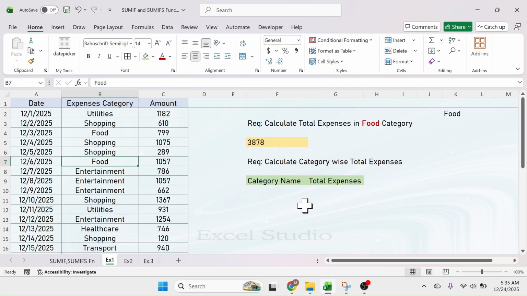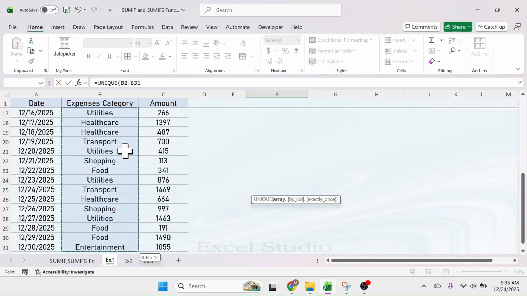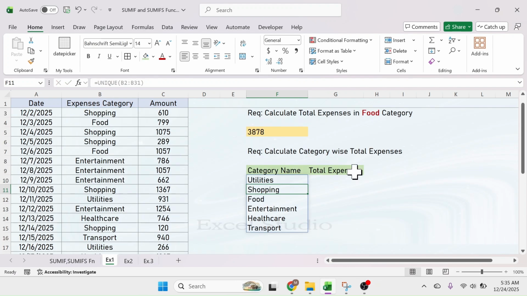Now let's move on to another requirement here, that is to calculate the category wise total expenses. For this, first of all, I have to list out all the categories that I have here in the data source. And to list out all the categories, I can use a function, that is the UNIQUE function. So in this cell, press equals, type unique, open the bracket, in the array, select this category range, close bracket, press enter, and you get this